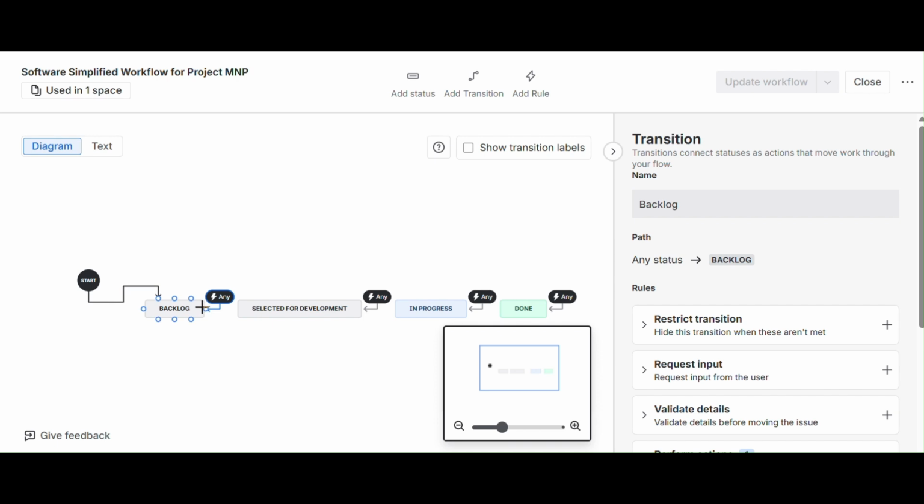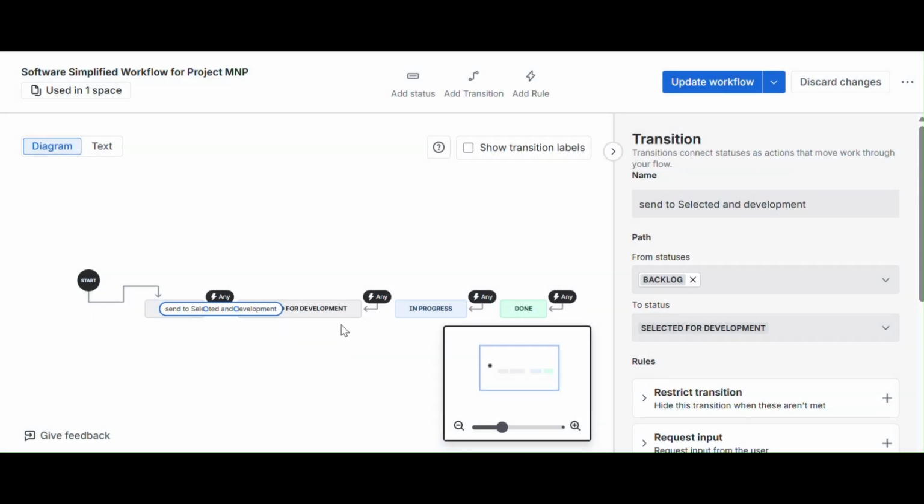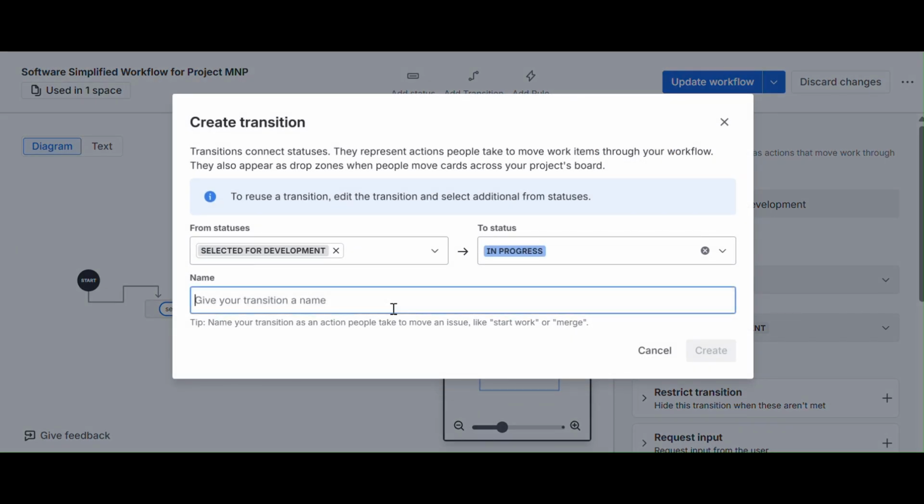As you can see, no statuses are mapped to each other. There is no transition link between statuses. Rather, they are mapped with Any, which means that you can transition any status to any other status. So we need to create a transition between the two statuses, and I'm just naming the transition here "send to in progress",